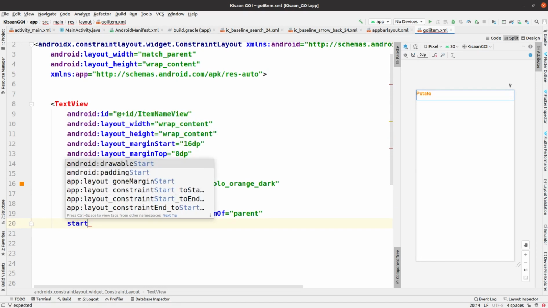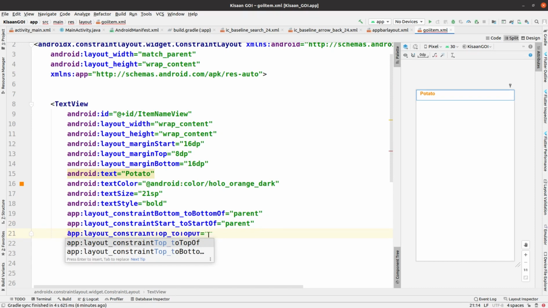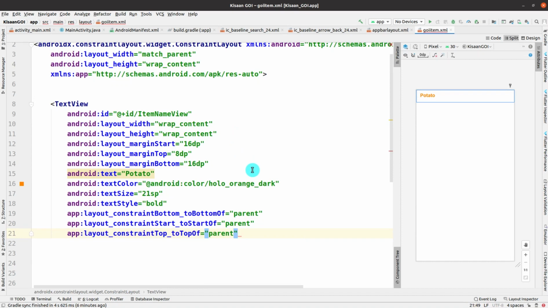According to that parent layout, this view will be adjusted in the screen. That's why we are using the properties of constraint layout here, to decide where we have to adjust this text view. So layout constraint bottom to bottom is from parent, start to start is also parent, and top to top is also parent. Okay, so it is done.